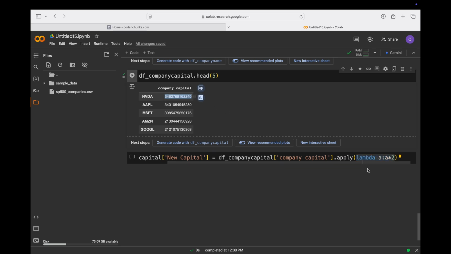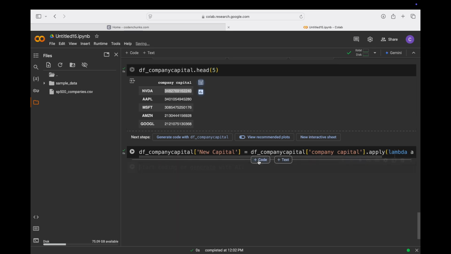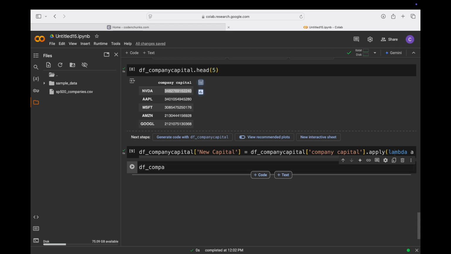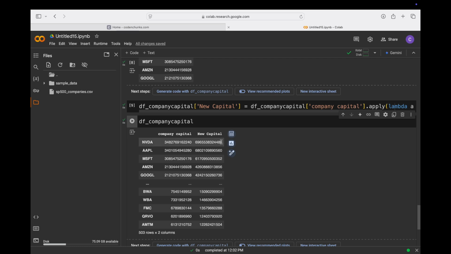So suppose I first get this value, it goes into a, and I multiply it by 2. Now if you print df company capital,